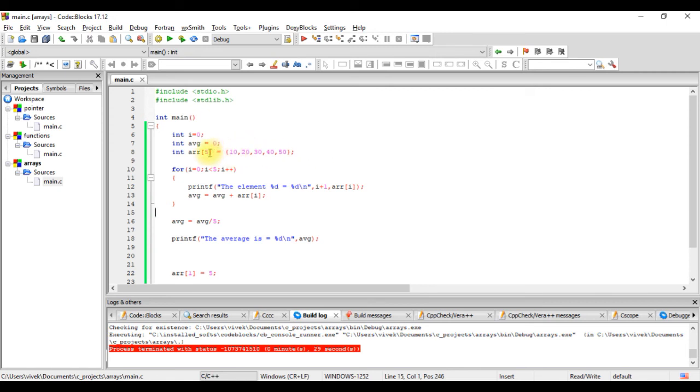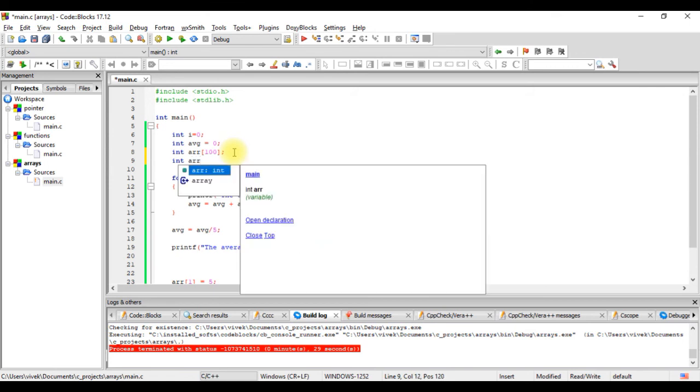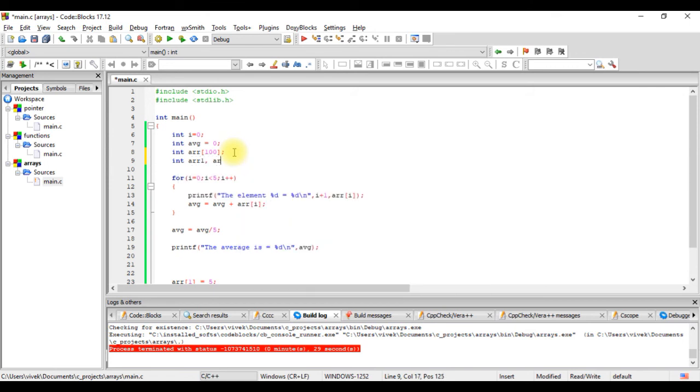Now instead of 5, let's say we have 100 here. 5 is still manageable. Maybe we will be able to write 5 elements, 5 variable names. But when it becomes 100, what do we do? Of course, we won't be able to initialize it with 5 values. So arr 100. Now we want to run the loop 100 times. It's not possible to create 100 variables. How will we write, let's say, int arr1 comma arr2 or 3 and so on? We keep going on. It's not possible for us to write 100 variable names and keep track of all of them. So that is where arrays come in use.